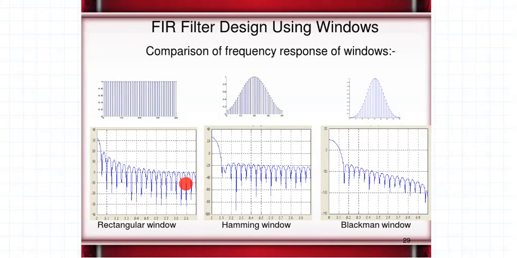So that is the reason why we cannot get both equally. We cannot get sharp characteristics with minimum ripples. It is not possible. If you go for one characteristic, you need to compensate for the other. If you want sharp cutoff characteristics, you have to compensate for the ripples. If you want minimum ripples, you need to compensate for the cutoff characteristics. That is the behavior of your windows.